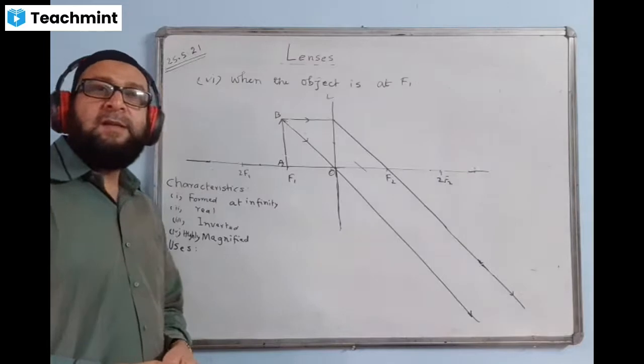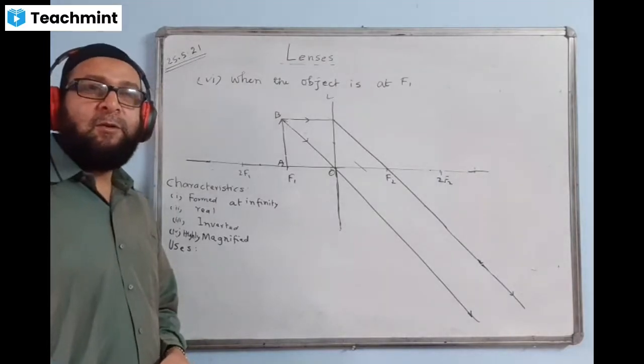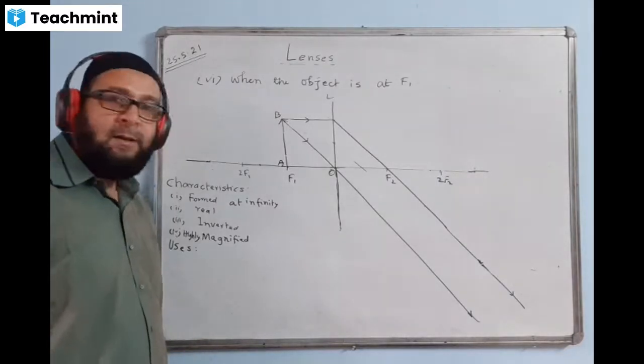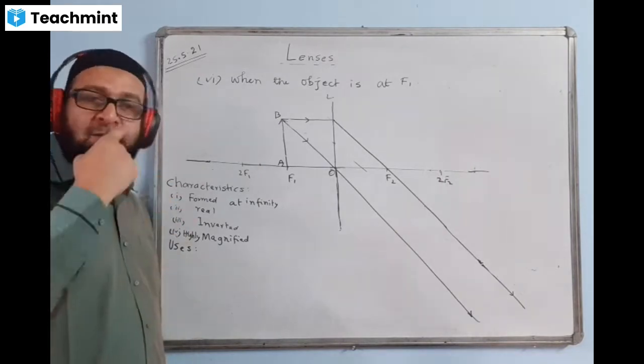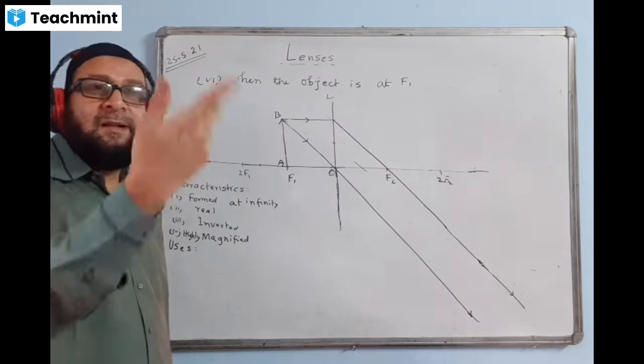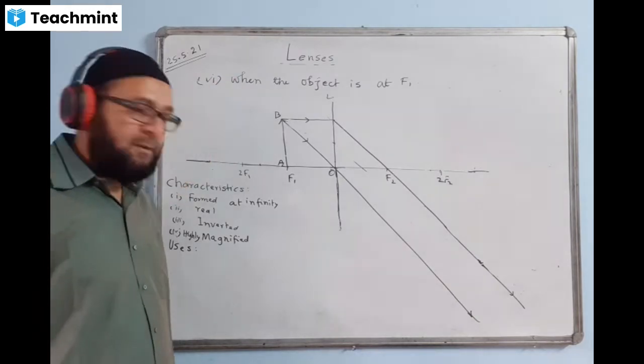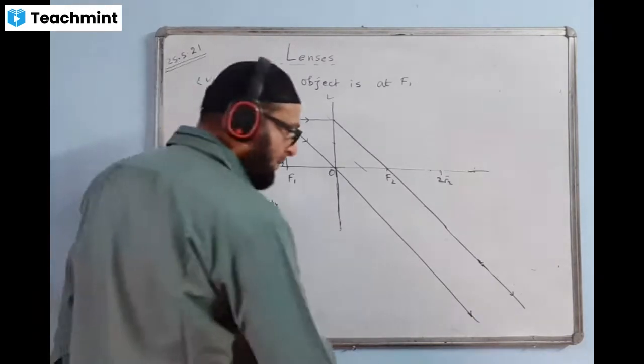They will consider the first 2 rays only. Marks will not be deducted, because the question will carry 2 marks, and the 2 standard rays, whichever are correct, will be considered. Understand?